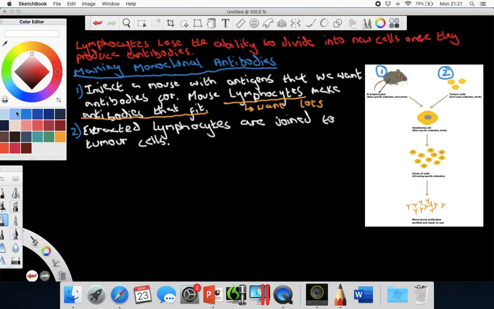Now this forms what is known as a hybridoma cell. Can I point out this diagram is on the PowerPoint that I've sent to you, so if you want to see this bigger you can. So this makes what's known as a hybridoma cell, and that's our next keyword. Okay, hybridoma